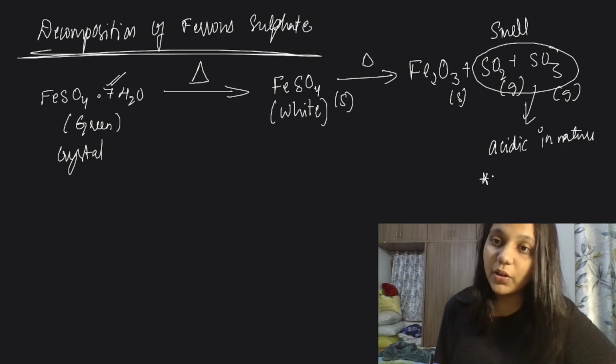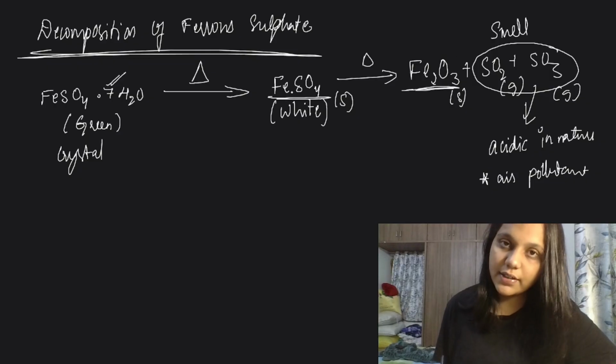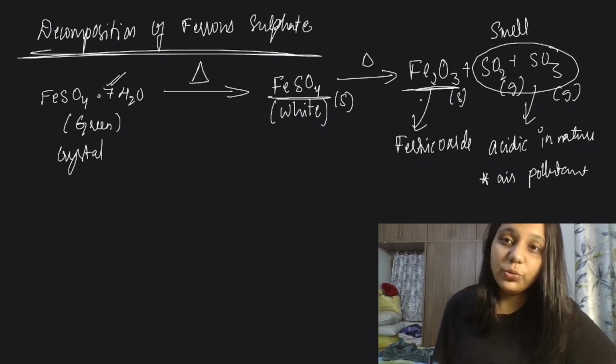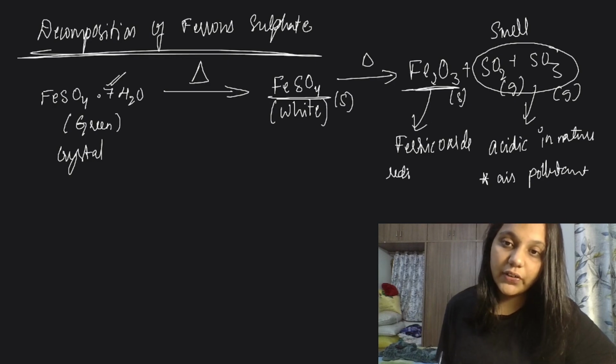But we hate this because acid rain तो air pollutant हो गया and the smell is also an air pollutant, गुस्सा आ जाता है। And what is this compound called? So this is also called ferrous sulfate and this compound is called ferric oxide. Ferric oxide. And can you guess this color? Green, white, and this is reddish brown, ठीक है।